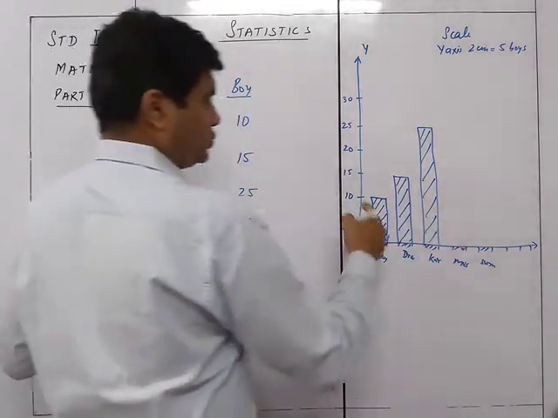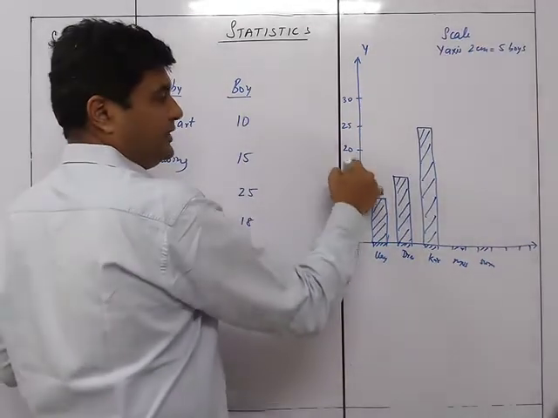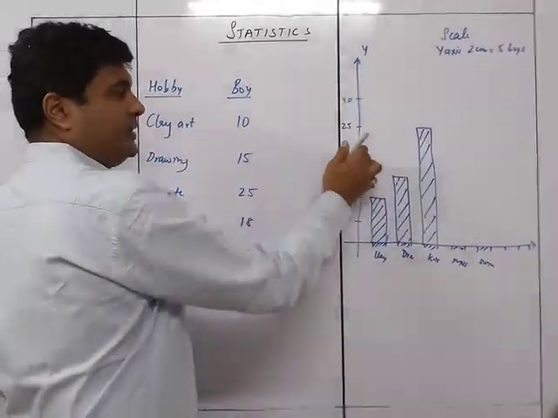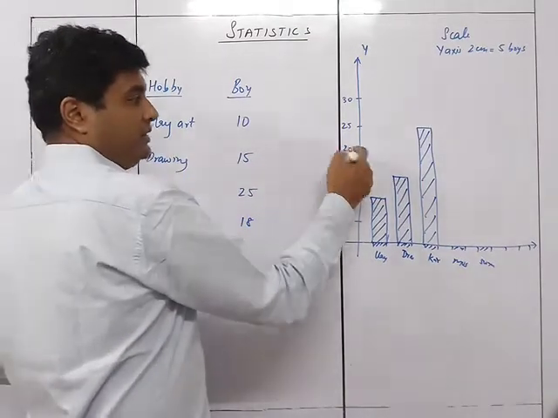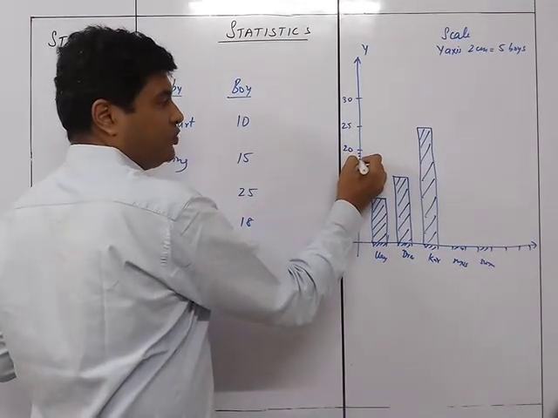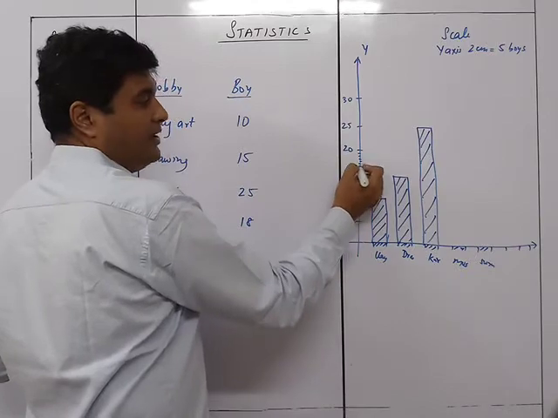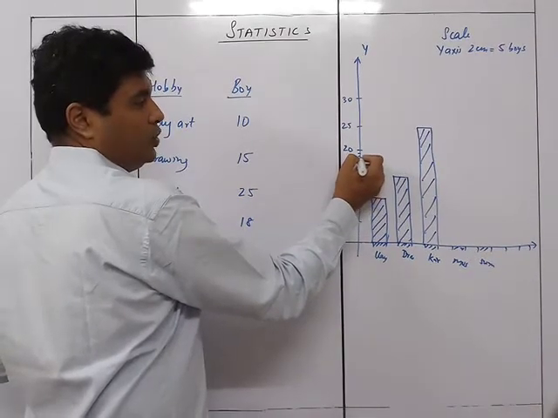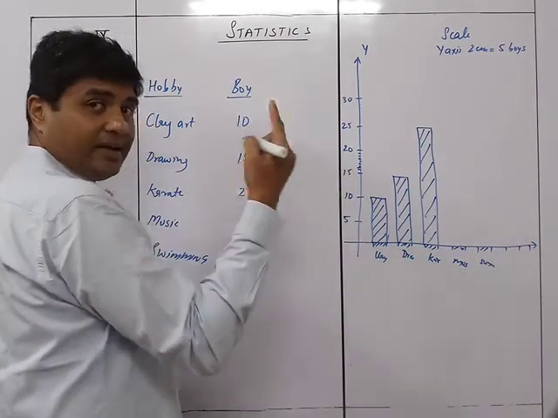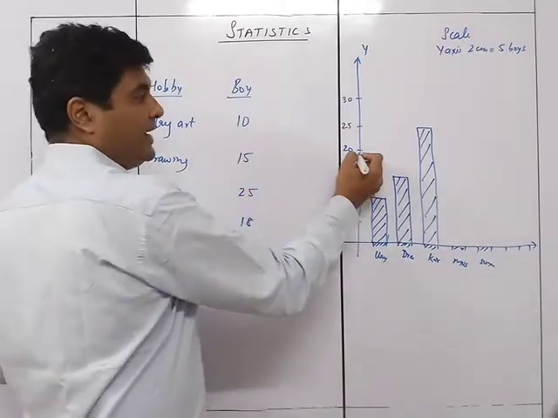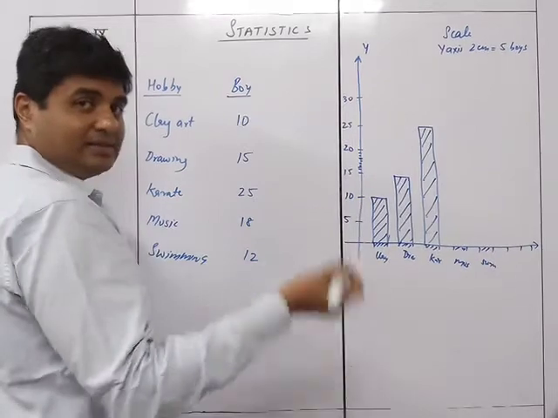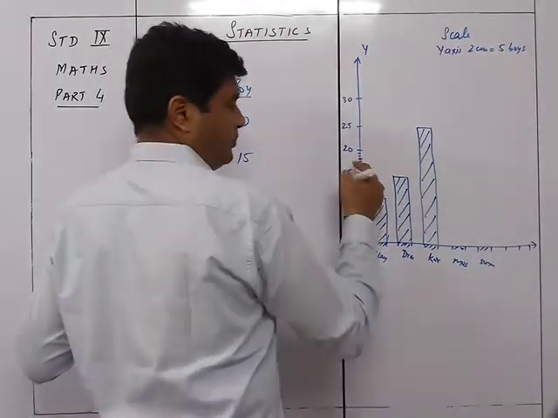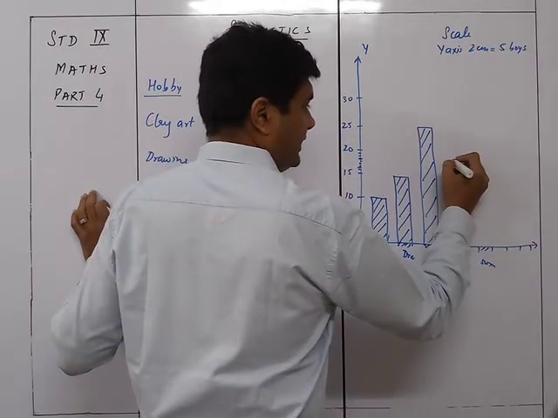So 18 will be between these two. There are 10 lines between these two, so that means 2 lines means one variable. There are 10 lines over here, so it will be 2 line 16, 2 line 17, 2 line 18. If we go upward, we are going to get 18 as 4 lines below 20, or we can take it as 6 lines from the 15th point. So accordingly we'll be having the 18 over here.